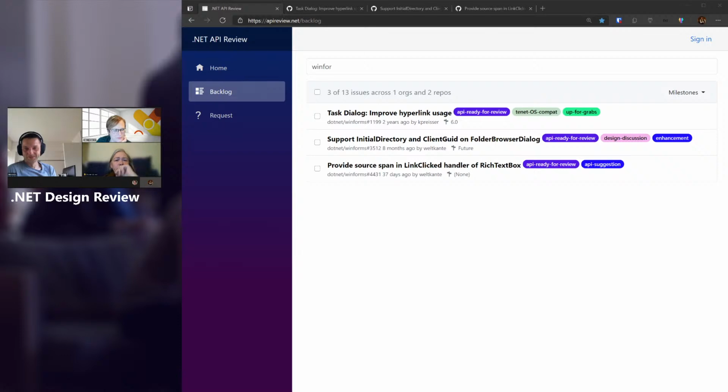I have to say I haven't done any user studies. I don't know if Olia's on or not. I've never done user studies on WinForms, and it's been a while. But it just looks weird as heck to me to be seeing HTML in a WinForms. Somebody else may disagree with that.